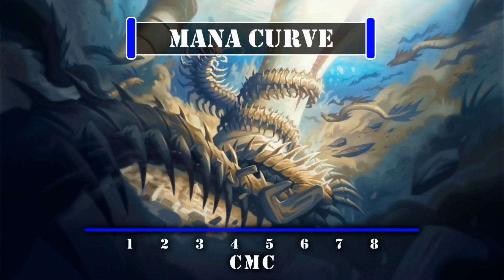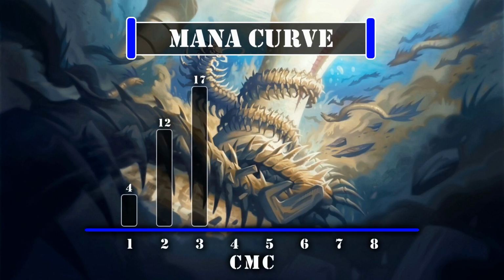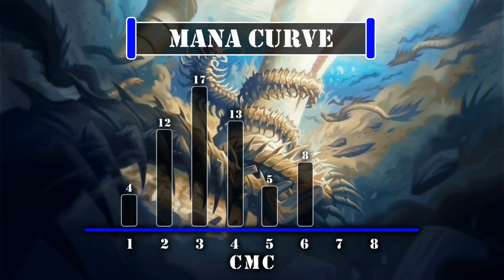Looking at our mana curve, we have 4 1-drops, 12 2-drops, 17 3-drops, 13 4-drops, 5 5-drops, 8 6-drops, 3 7-drops, and 4 8-drops, leaving us with a very heavy-looking lopsided curve that's actually much faster than it initially appears thanks to about a quarter of it being able to be convoked,